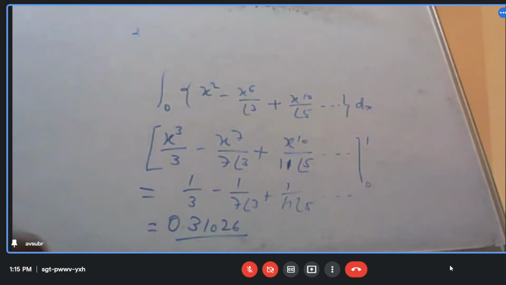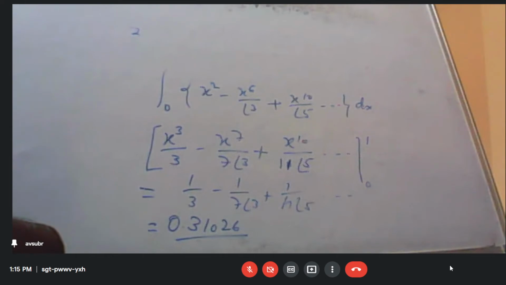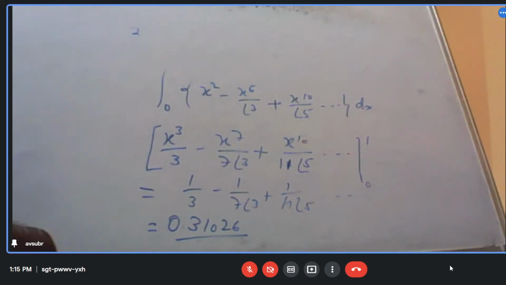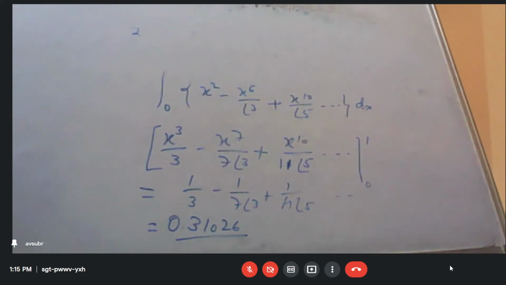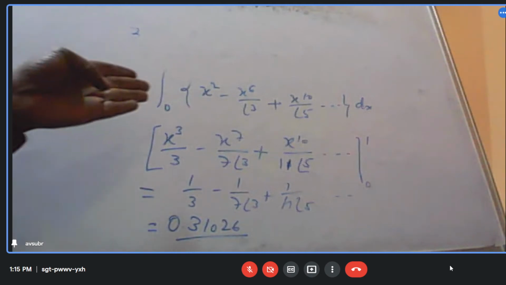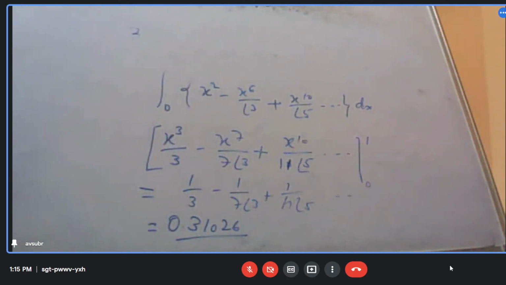सर इसको न्यूटन लेबर्टी से नहीं कर सकते सर? किससे? सर वो न्यूटन वाला आता है ना, उसमें अपर लिमिट को पुट करके फिर फंक्शन डिफरेंशिएट कर माइनस लोअर लिमिट को पुट करके फिर फंक्शन डिफरेंशिएट. हम तो इंटीग्रेशन कर रहे हैं, डिफरेंशिएशन कहाँ कर रहे हैं यहाँ पर? ओके सर. हम तो इंटीग्रेशन की प्रॉब्लम कर रहे हैं. यहाँ पे डिफरेंशिएशन नहीं था क्या? No, sir.